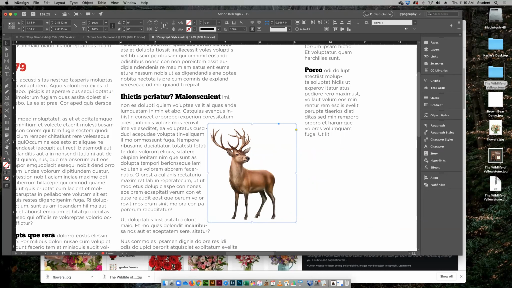But now when I grab the pen tool and I add some points, and you'll know you can add points when you see the plus sign there on the pen tool. I'll click a point there. I'll click several points around here. And then I'll get on my direct selection tool. And now when I pull this in, you'll see the actual